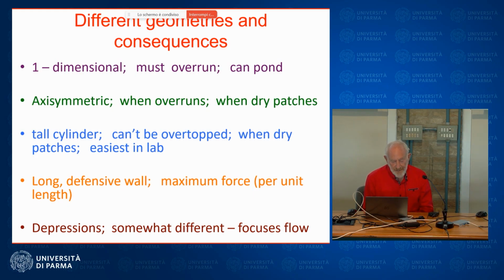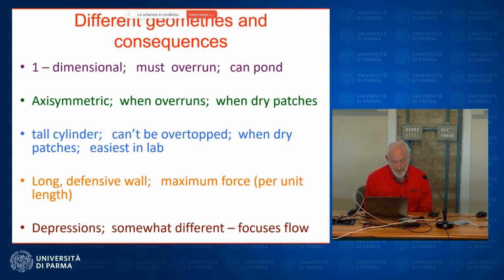Then we'll talk about some experiments we've done, easiest in the lab, of a tall cylinder as the topography. But it's interesting, as you'll see, when there are dry patches where it would be safe to stand, and very few houses are really infinitely tall cylinders, but as you'll see, it gives us some indication, because there are some structures that are big enough to withstand lava flowing over them, but not necessarily to stop lava bringing them down,